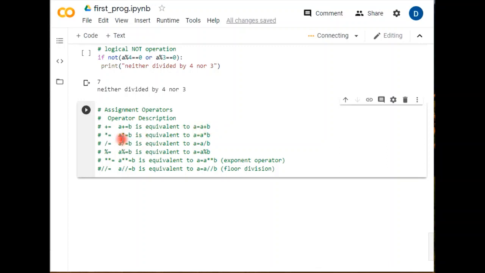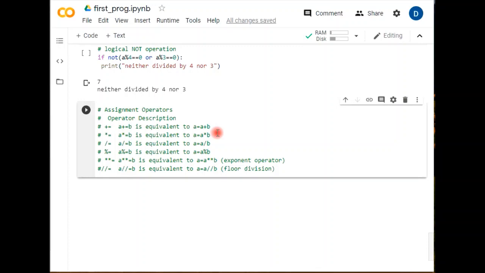Similarly, using a asterisk and equal, a asterisk equal to b is equivalent to a asterisk b. It is again the value to be assigned. It means all the assignment operators tell you that the first variable is used as the first operand, the operation will be done, and the resultant value will be stored in the first one. So the new value in a will become this one. This can be useful in various purposes where you keep changing the value of your variable.